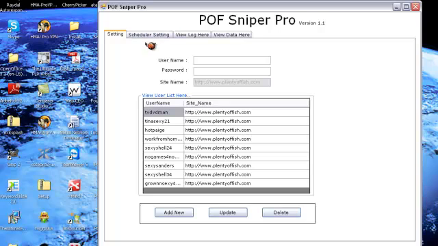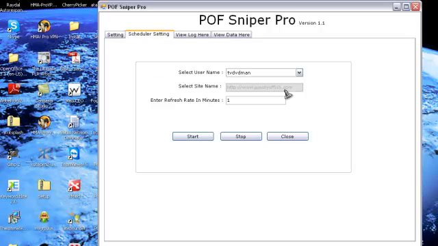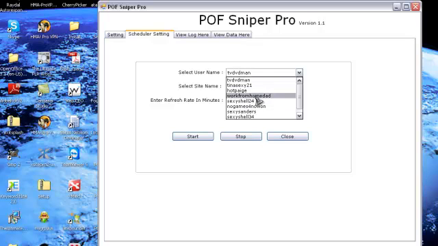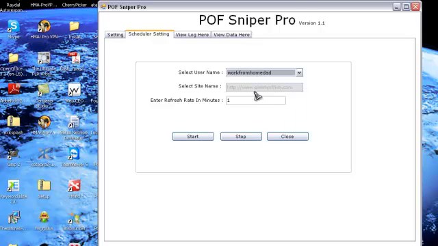Then your schedule setting is basically what you will log into to start pulling an application. You log in here, then you choose the user that you want to start spying on. You click there, and then you hit start. This right here is basically the delay period. Once you start pulling the ads, you can set this to whatever you want: 1 minute, 2 minutes, 3 minutes,